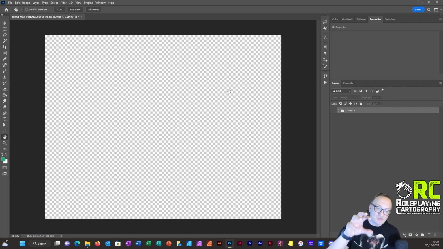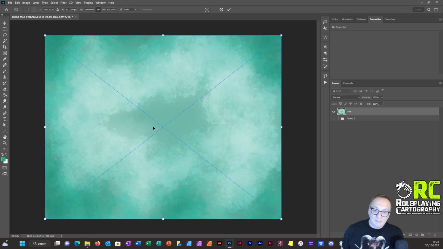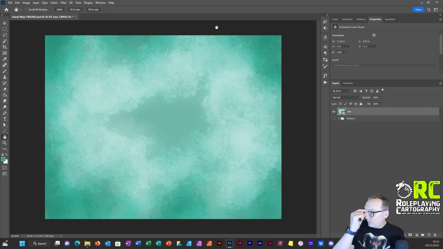So what I'm going to do now, I'm going to drop all those into this file, and you can see basically we'll start off, we'll just drop the sea in and accept that. So we've now got sea. The benefit of dropping all these layers in individually is you can apply layer effects and color adjustments and other adjustment layers specifically to just that one piece. So we'll drop the landmass on